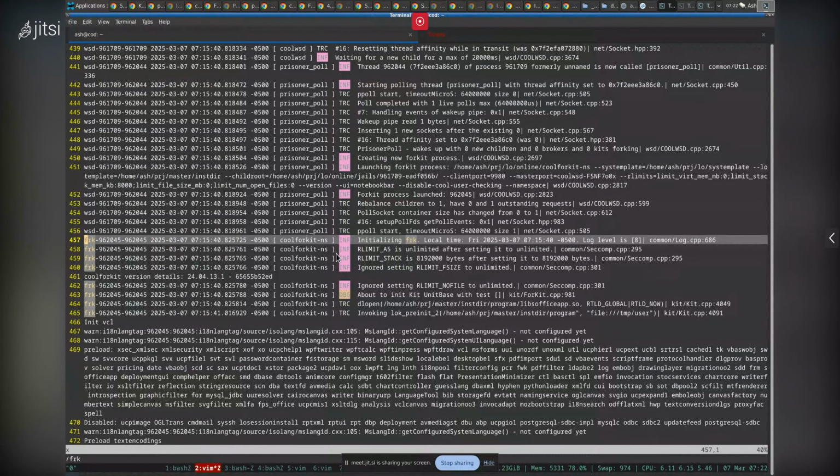So all its responsibilities are limited to creating a new copy of the environment, of the process that loads documents, and this is separate from WSD, which is the service that listens to incoming connections, and it is the service that communicates with the browsers, the clients. And the last but not least domain is the kit,